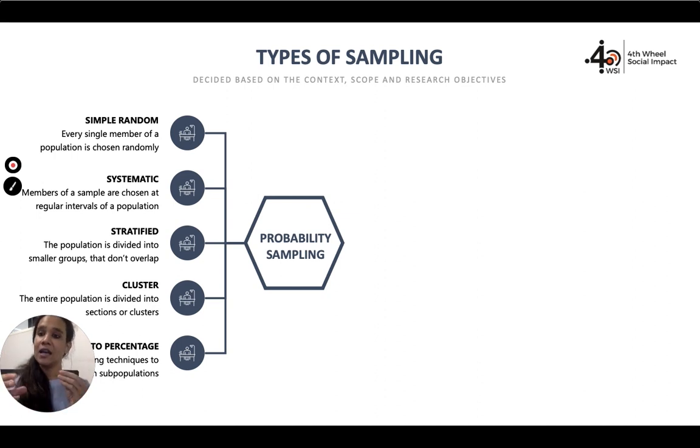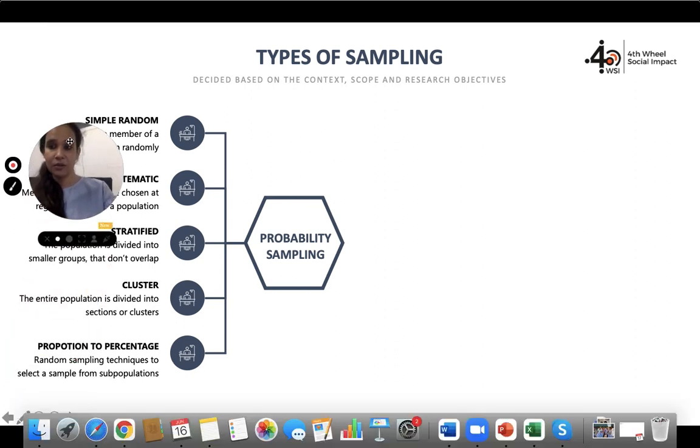If you look at cluster, you can look at it in terms of a geographic cluster. So you're saying that, okay, there were 3 states that the program was implemented in. We are ensuring that we are picking the 100 students from different clusters or different sections. And the last one, and we're going to look into this a little more, but like what I had mentioned, in terms of